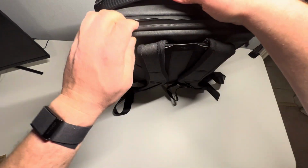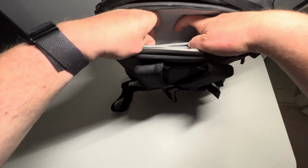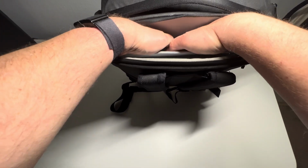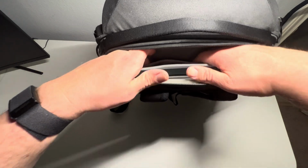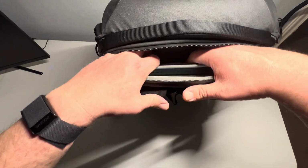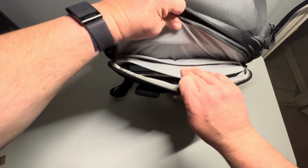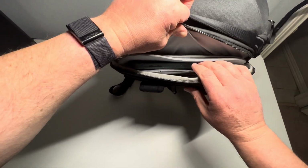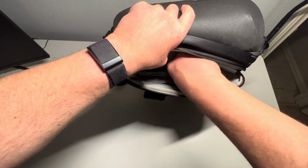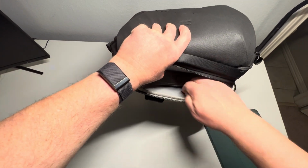The little top access pocket here, if you have an iPad and a laptop in back here and you have this thing packed out pretty well, it'd be really hard to get into this area to really utilize it. Like I mentioned earlier, there's a lot of room on the top still open, so it's a little bit easier, but even now you've got to really pull it open to get into this pocket and do anything. And this laptop and an iPad are really tight in here. So it's tight